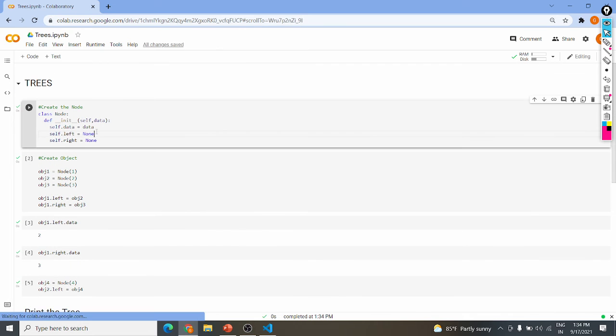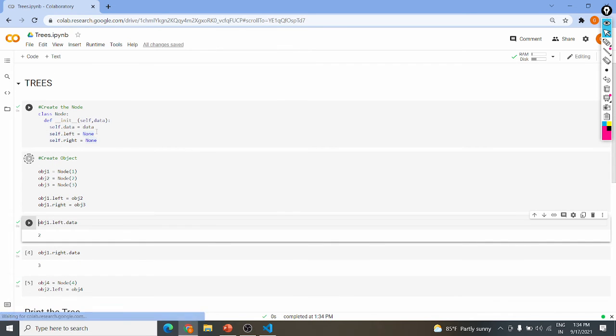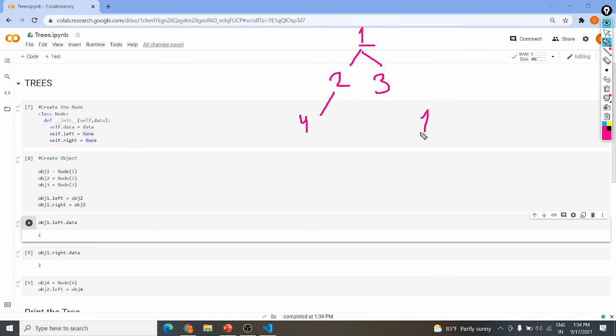Here we have defined our node. We have defined our tree, that is 1, 2, 3 is our tree. Then again obj2.left, that is 4. This is our tree. Our output should look like: 1 should give 2 and 3, 2 should give 4, 4 should give nothing, 3 should give nothing.